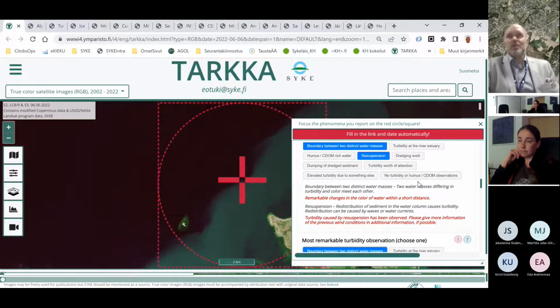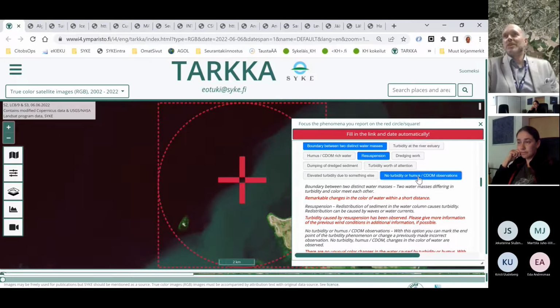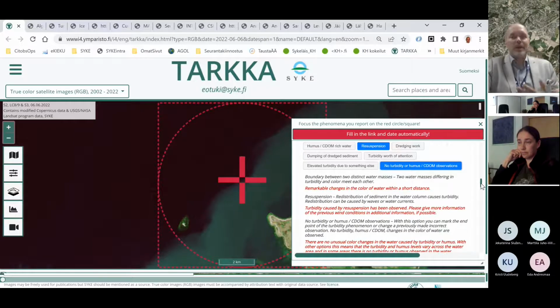For all of these forms, it's also possible to state that there is no turbidity phenomena or humus-related or water color-related phenomena available at all, and to highlight that, okay, this was one of the images in which there was nothing, because it is also intended that you can look at several images and go through several sites and several times, and then with these kinds of observations, you can mark for yourself that, okay, this was a date on which there was no boundary, and